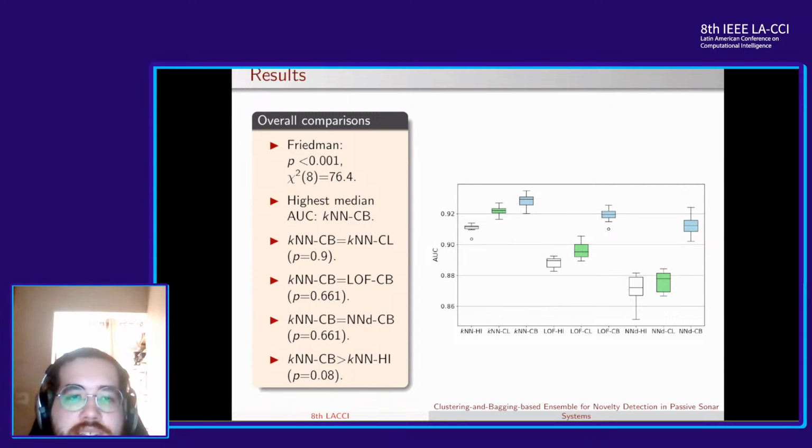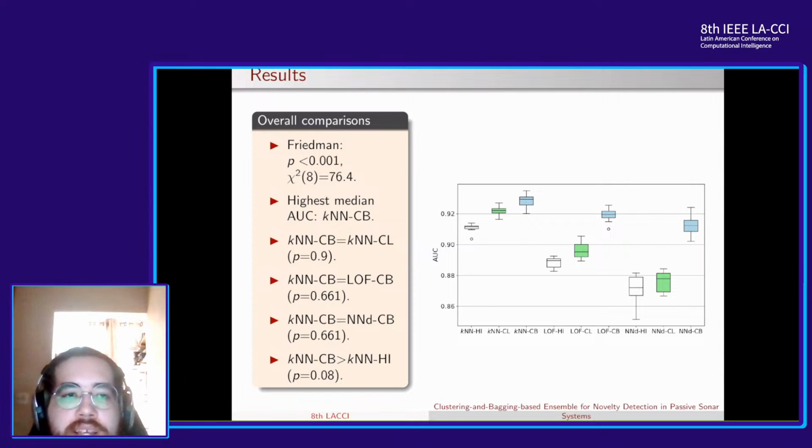When including all models in this analysis, the KNN clustering bagging model, related to the highest median, is statistically equivalent to the KNN clustering ensemble, the LOF clustering bagging ensemble, and the NND clustering bagging ensemble, still outperforming the KNN hierarchical, which is the current best approach reported in the literature for the database. An important point to stress about this finding is that the clustering bagging ensemble approach lifts the performance of the less efficient novelty detectors such that they could perform similar to the best model. Thus, clustering bagging ensemble may be a handy strategy to make novelty detection systems less dependent on the novelty score